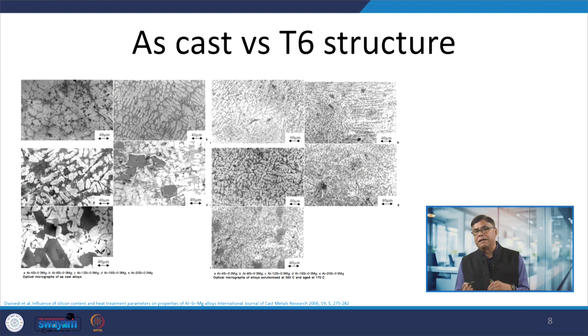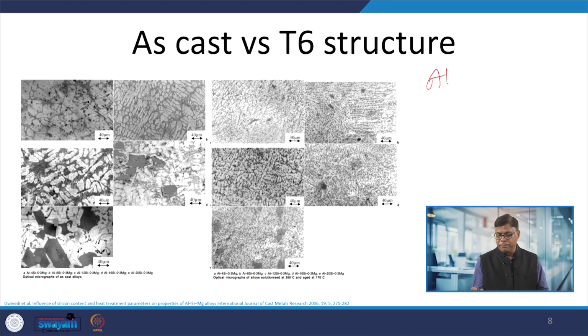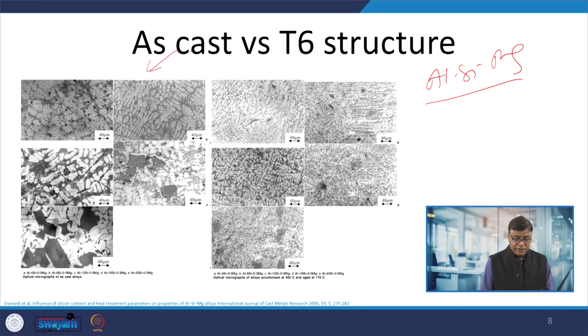What happens when these alloys are subjected to heat treatment? That is what we can see when the aluminum, silicon and Mg alloy is subjected to casting, and what kind of structure we get. So, these are the 4 different types of microstructures: for very low silicon content, 4% silicon, 8% silicon, 12% silicon, then 16% silicon and 20% silicon. What it is showing is that when the content of silicon is less than the eutectic, then it is termed as hypoeutectic